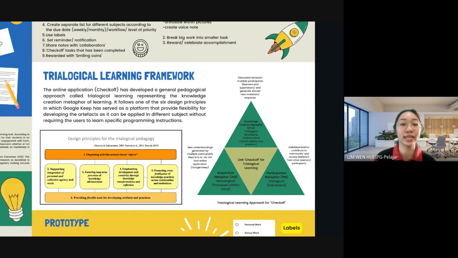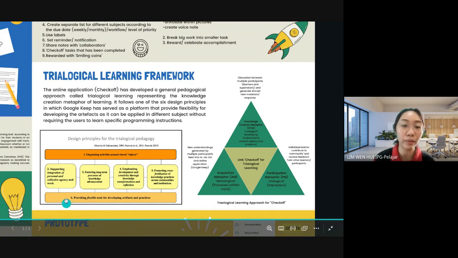Okay, so in this study, the digital to-do list, which is the Checkoff, is the object that has developed a general pedagogical approach called trialogical learning, representing the knowledge creation metaphor of learning. It also follows one of the six design principles.